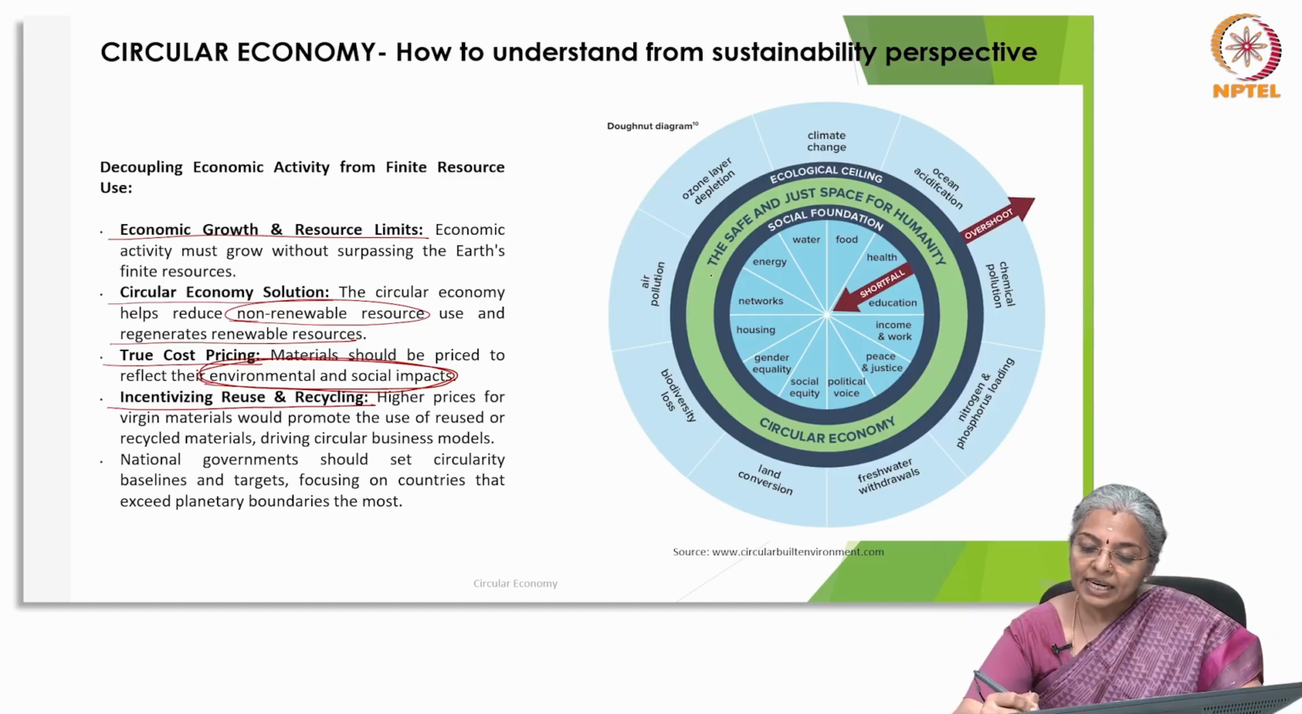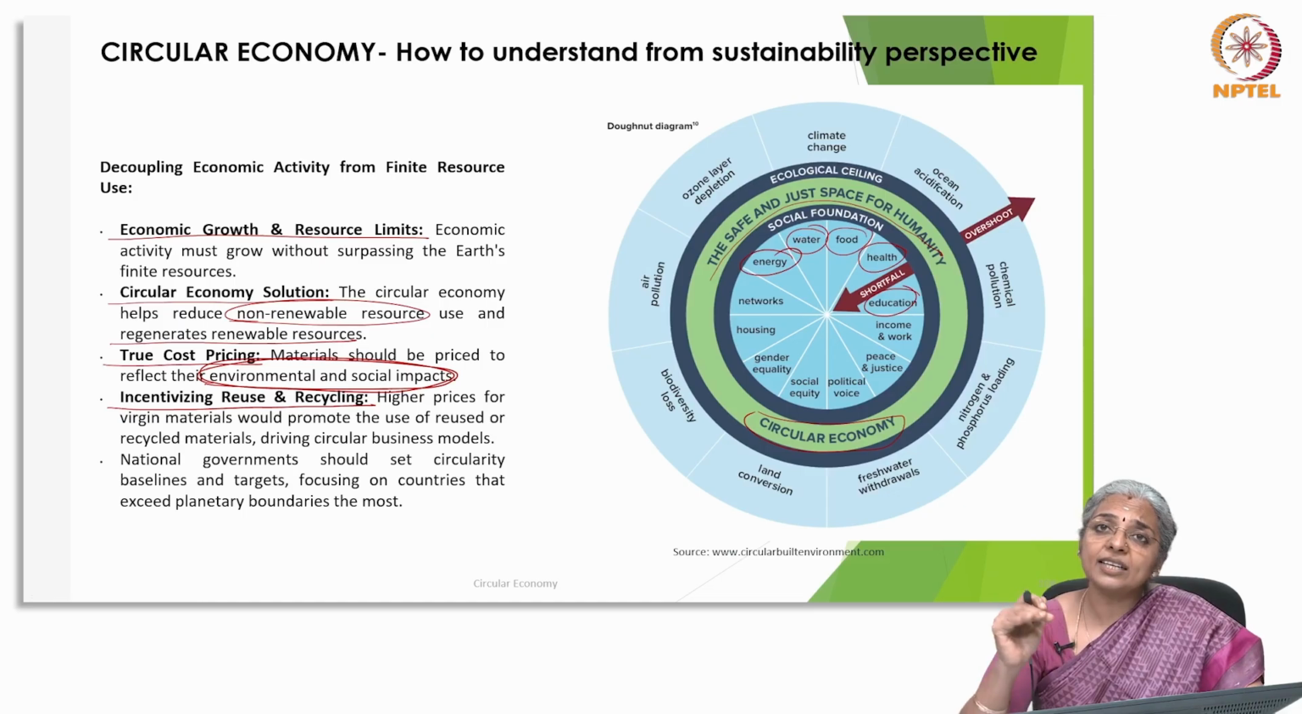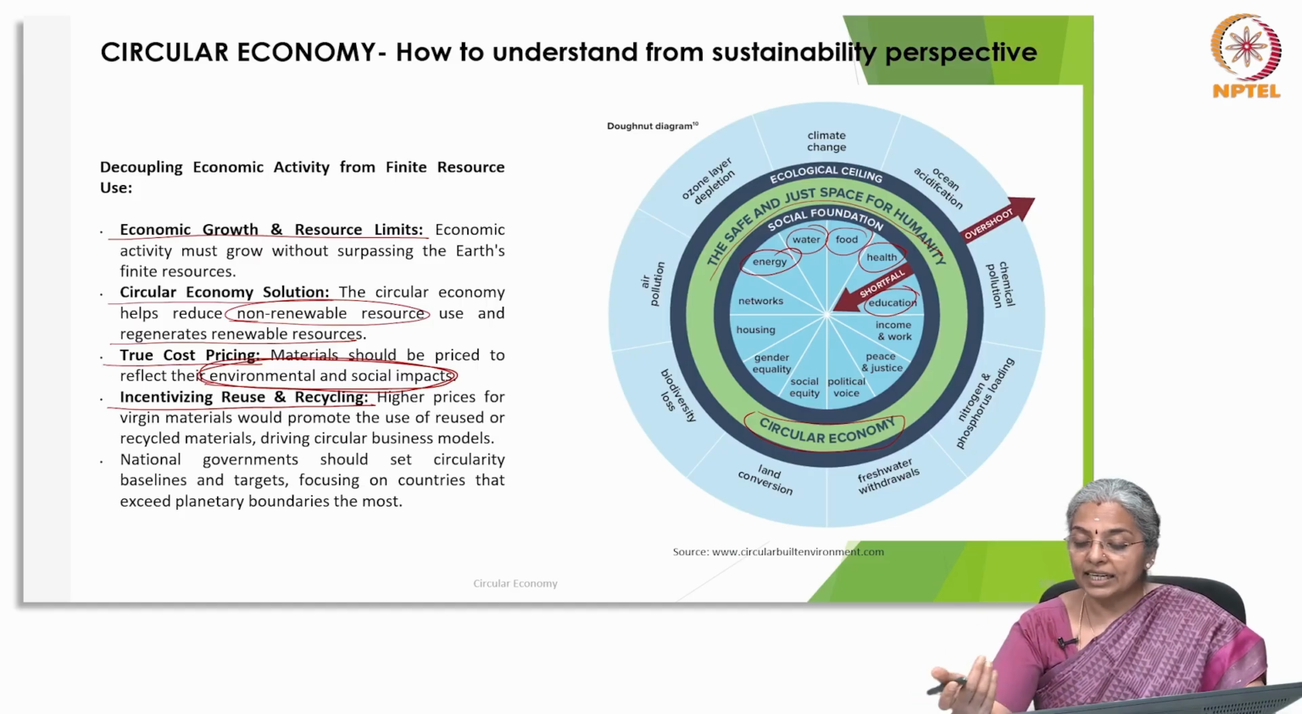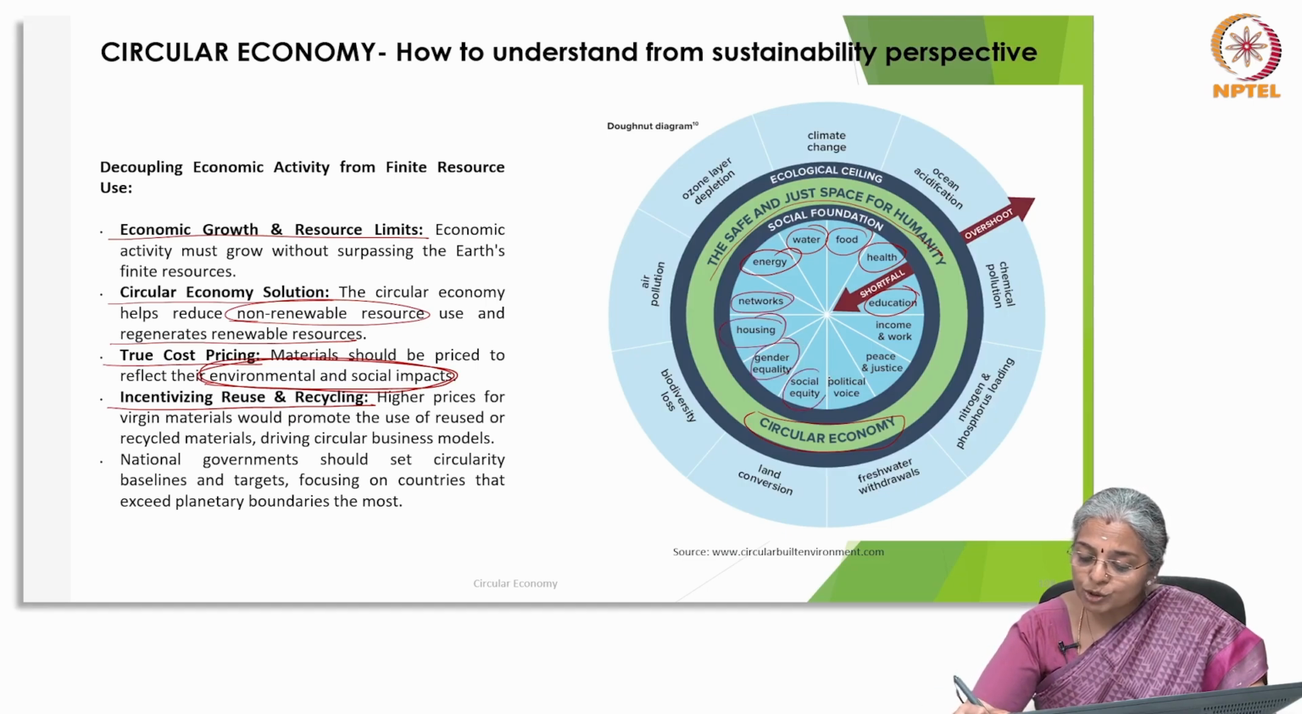what I mean by safe and just space for humanity in circular economy is it can consider the various social foundations of people getting water, food, health, education, energy, equally, or at least in equitable terms, which is not possible in a linear economy, and that can broaden itself to achieving network or transport, housing, gender equality, social equity, income and work, peace and justice, political voice, all of